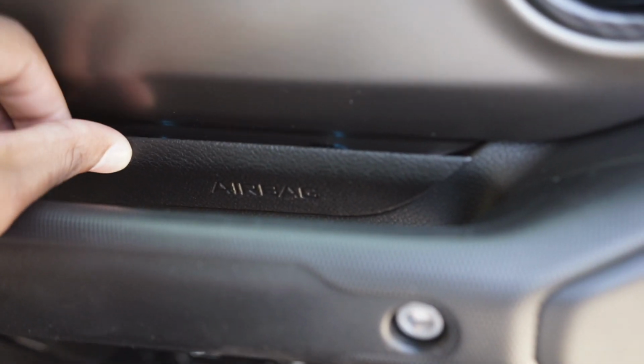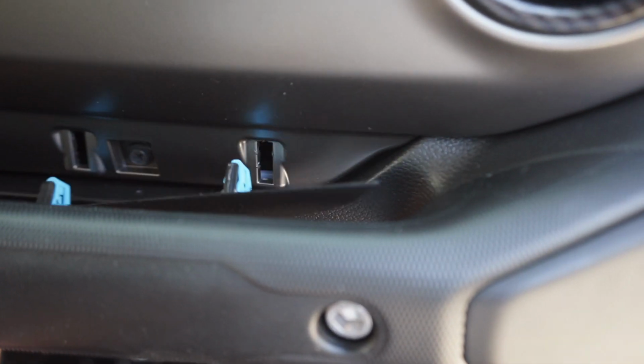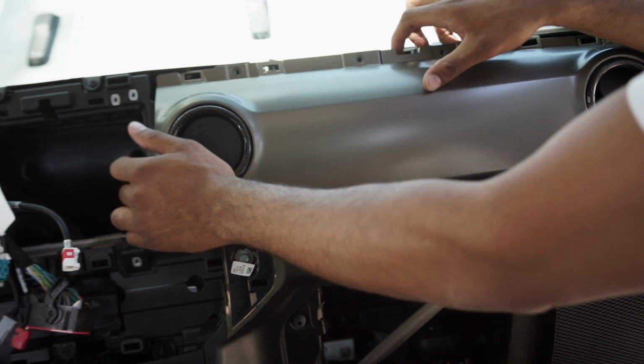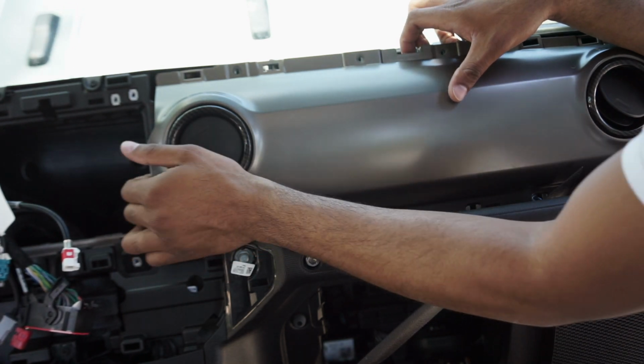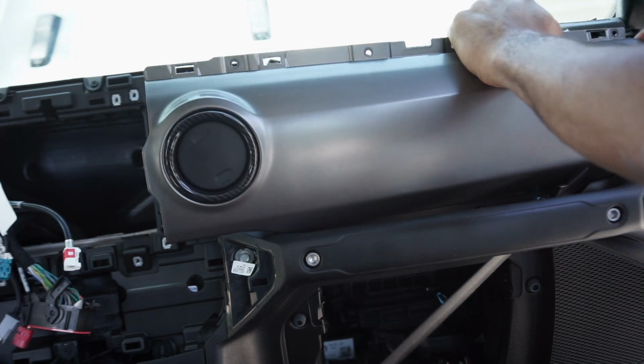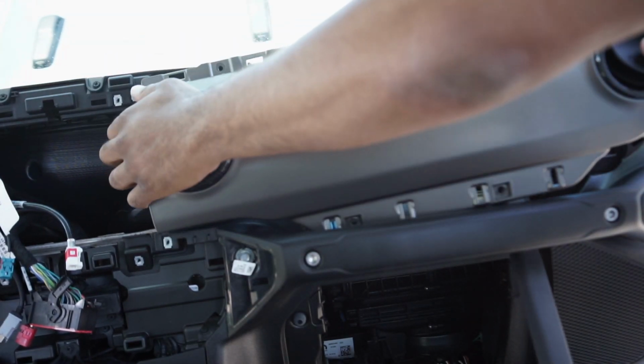I forgot to mention this airbag thing. This little airbag clip sign right here, right under the arm handle, pops down as well. It's held in with a little latch or whatever right there, but you need to pop that off because you got to get to these 2 Phillips head screws under there as well. Once you got all those removed, you just want to pull, there's some tabs under here, you just want to pull those from each side, and that'll pop out,